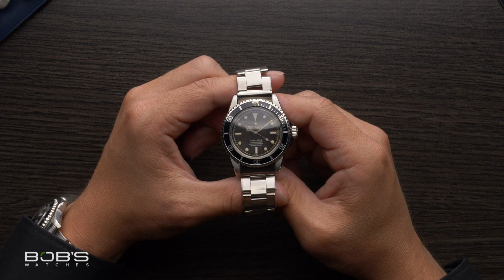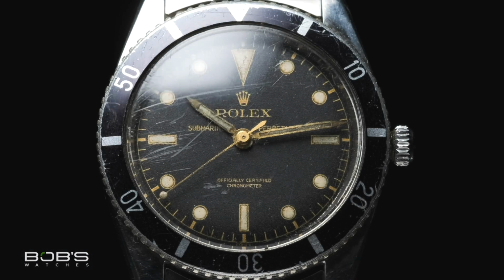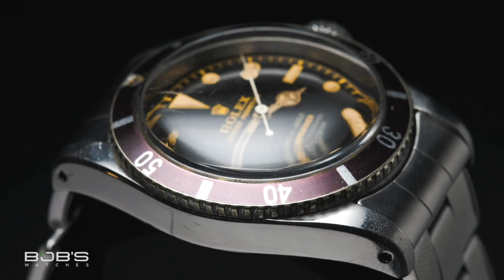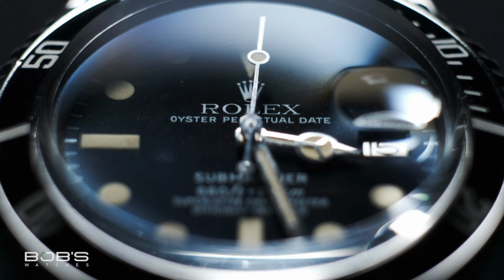The Rolex Submariner is truly a watch that needs no introduction. First introduced in 1953 and remaining part of Rolex's catalog ever since, the Submariner is often regarded as the quintessential dive watch, and it helped pioneer an entire genre of underwater timepieces during the early days of scuba diving in the 1950s. In regards to the reference 16610, it first debuted in the late 1980s and remained in constant production